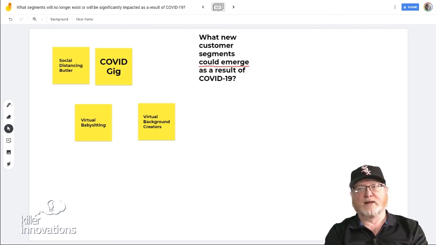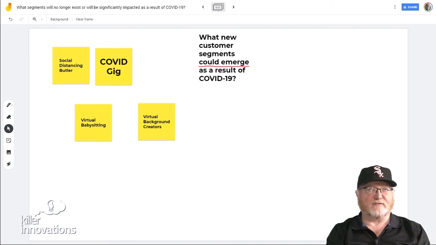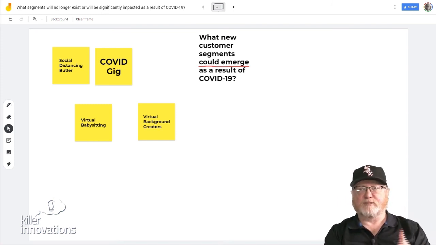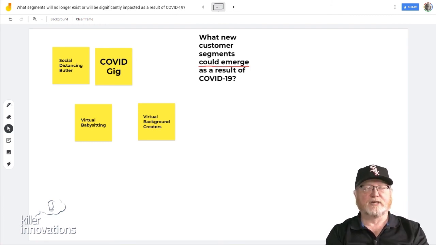I think the days of everybody rushing back into an office is not going to happen. I think the virtual office activities is going to be different. We've never had virtual background creators before. You're starting to see some of those advertised on Facebook and those kinds of things, but I think they're going to become even more important now. And I just think people are not going to rush back to be in the office in order to be able to do the typical work environment. I think people are going to stay home and work from home.